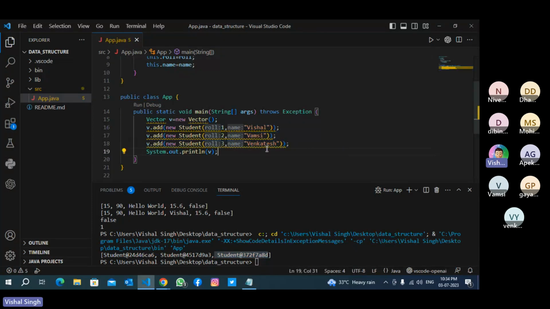If you want to print like 1 Vishal, 2 Vamsi, 3 Venkatesh, what do you have to do?